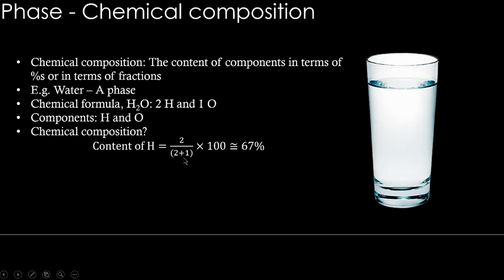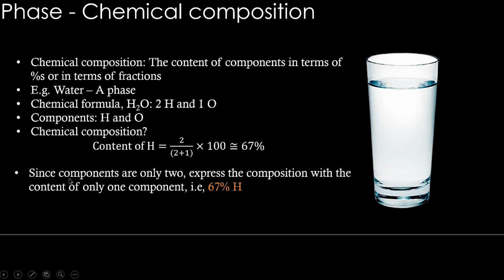It is in the denominator. Among that, 2 are hydrogen atoms. That is in the numerator. So this is going to give us a fraction, 2 divided by 2 plus 1, which is good enough to express the composition of hydrogen, the hydrogen fraction. Multiplying that by 100 will give us a value in percentage, which is 67% or 0.67 fraction. Both are fine. Here we are counting the number of atoms, 2 hydrogen, 1 oxygen, and using that to figure out the content of hydrogen. So the unit here should be atomic percentage. About the units we will see shortly in the next class.